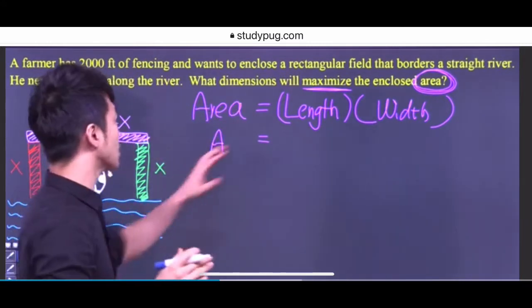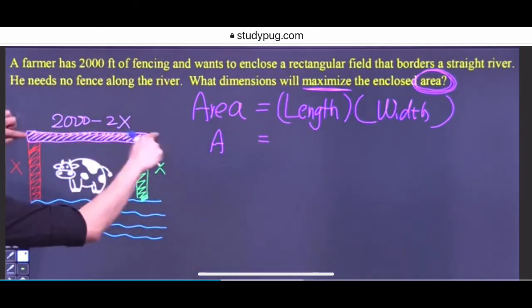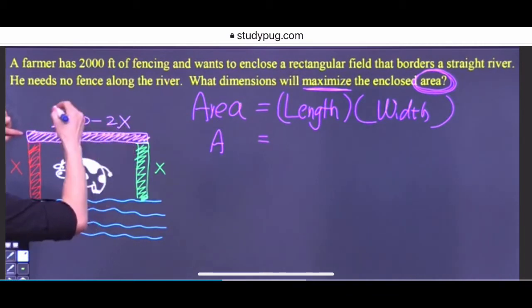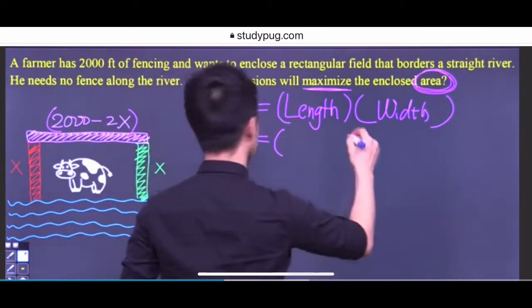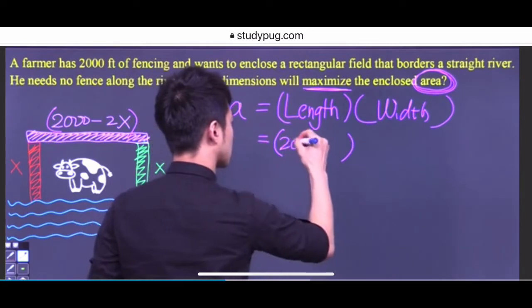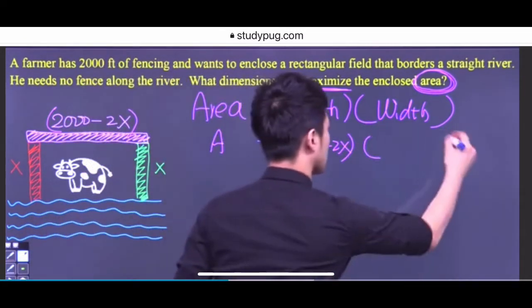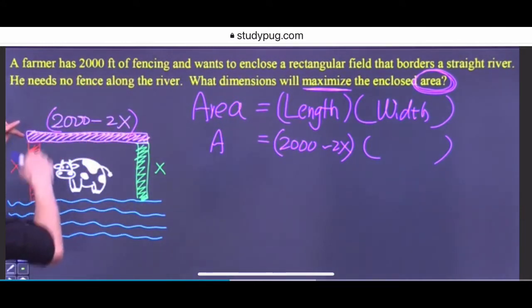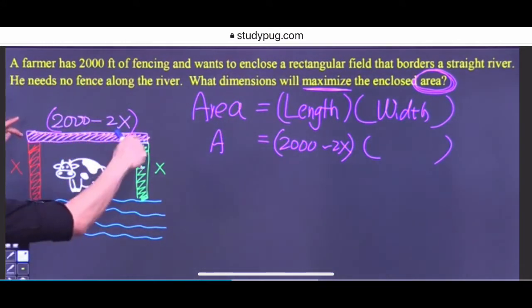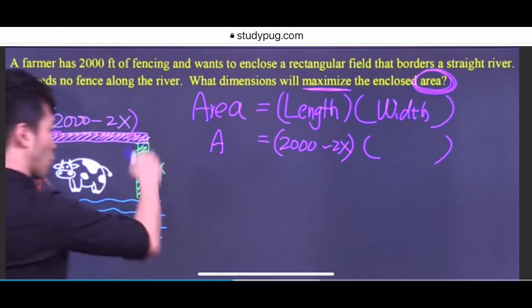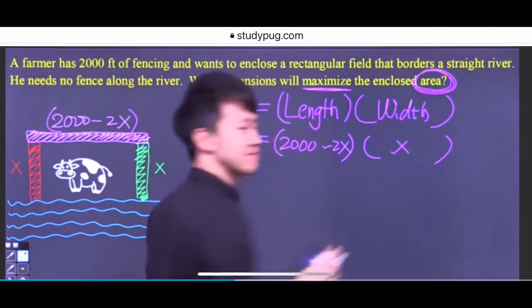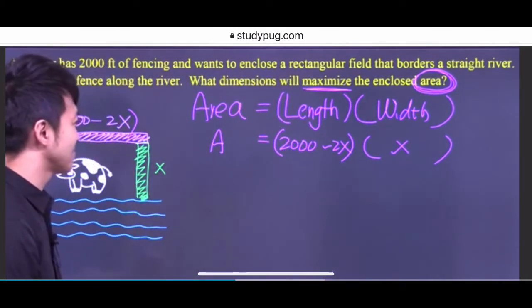Okay, so in this case, our length is 2,000 minus 2x, right? Now what's our width? The width of this rectangular field is x, right? See, length times width. So the width is x. Okay? Now,